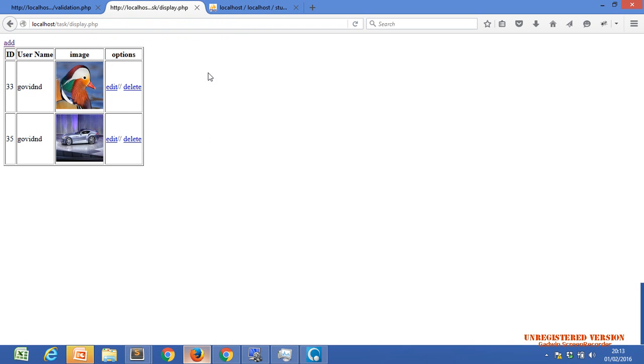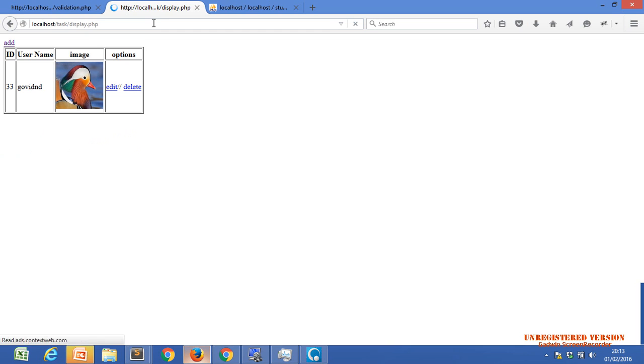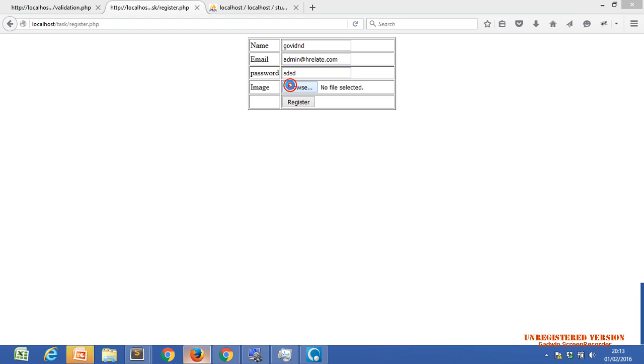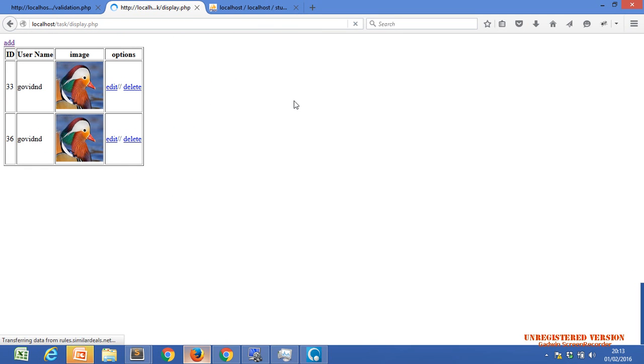Why? Because our page is not refreshed, so it will just show as it is. If I refresh this page here, then it will show only one record. Why? Because it is refreshed, so it will fetch the data from the database again. So if I didn't remove this, but it is removed from the table, is this wrong or not? We have to remove the record from here also, Nazar.